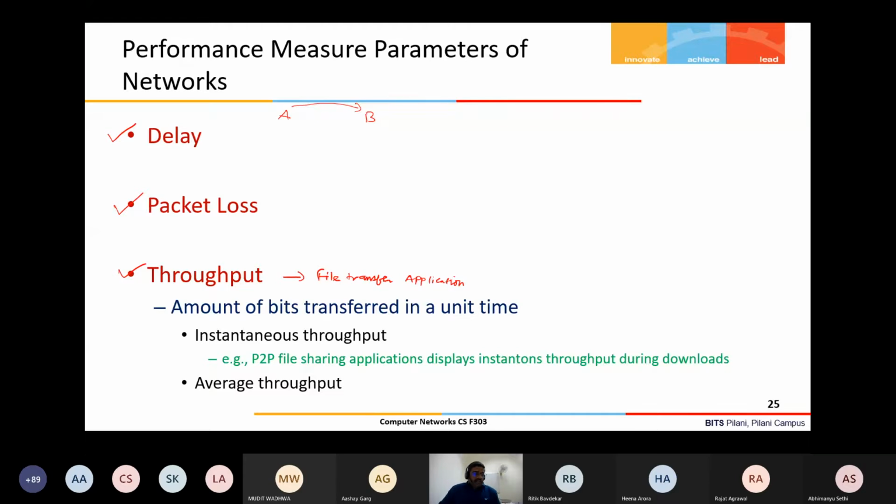Now throughput is measured in two ways. One way is the instantaneous throughput. You might have observed if you are using some peer-to-peer application, like BitTorrent, and downloading some files, that the application shows instantaneous throughput during the download. Every 2-3 seconds it shows the rate currently at which you are downloading and the rate currently at which you are uploading. So that is instantaneous bandwidth, meaning at a given point in time, the rate at which the data